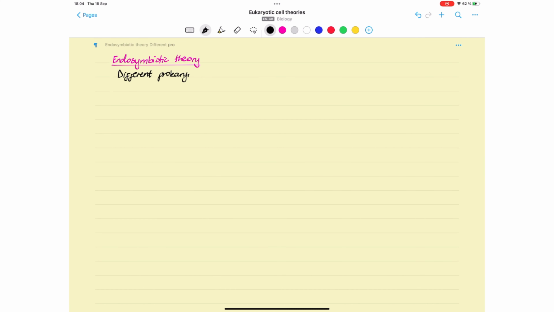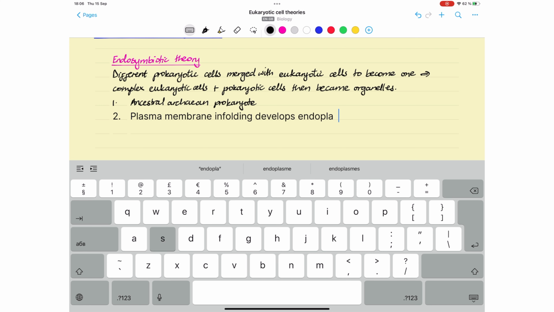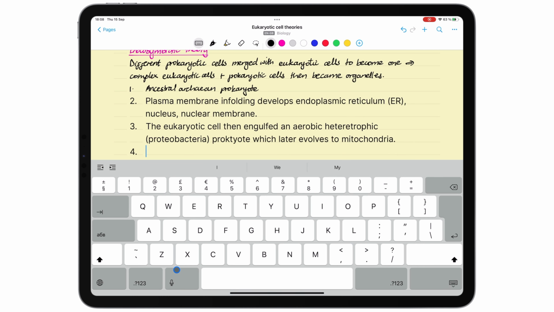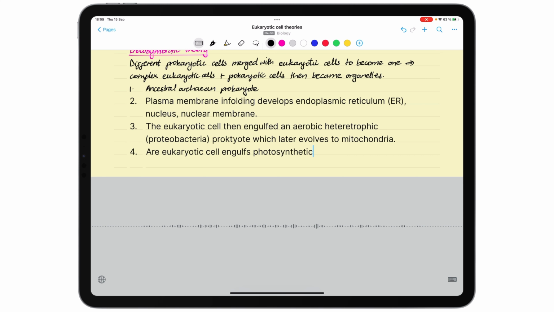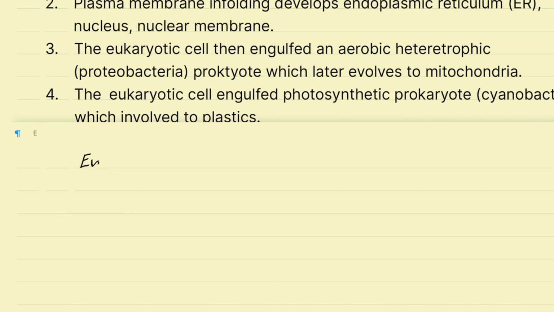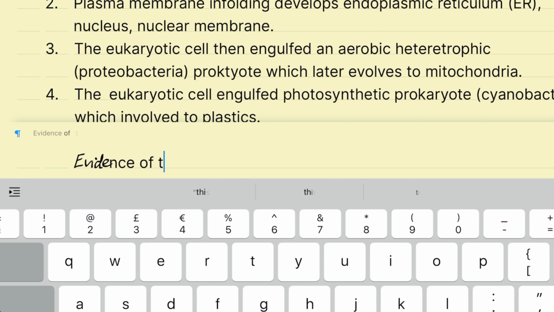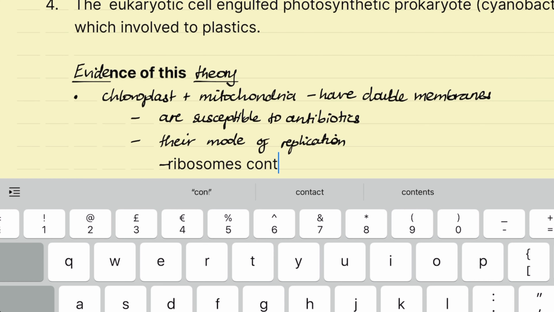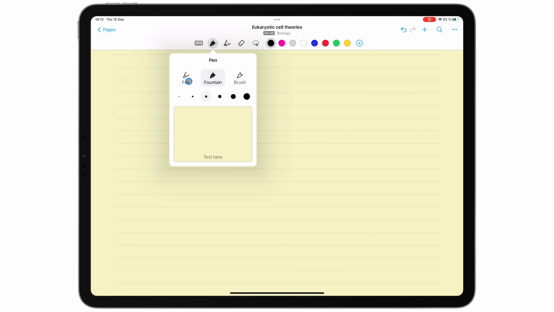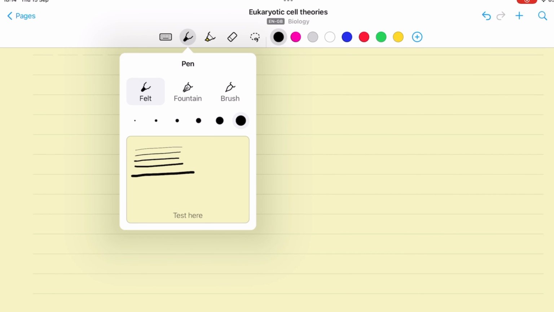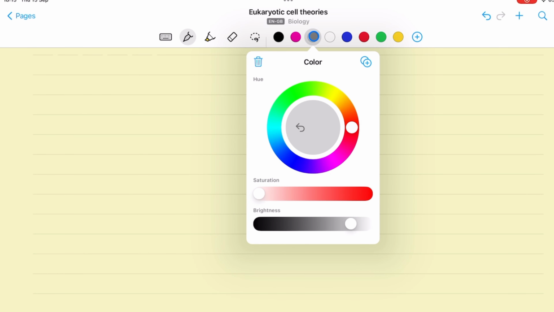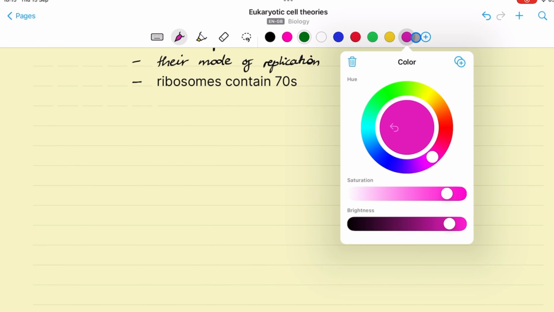A Nebo document can be written by hand or typed. On the iPad, using the digital keyboard, you can even dictate notes directly onto the page. The app can combine handwriting and text into the same word, sentence, or paragraph. You can write your notes with one of 3 pens: felt, fountain, or brush. Below your pen options, you can try different pen thicknesses. Choose a color for your pen once you've decided on its type and thickness. You can modify the saturation and brightness of the app's predefined colors, or you can add your own.